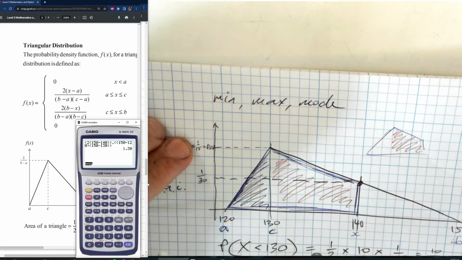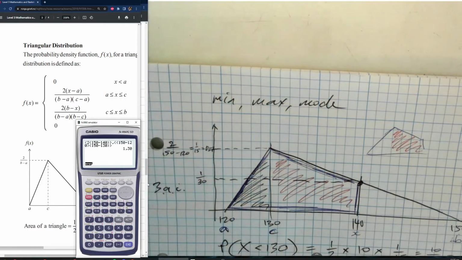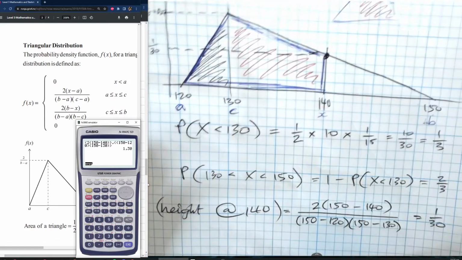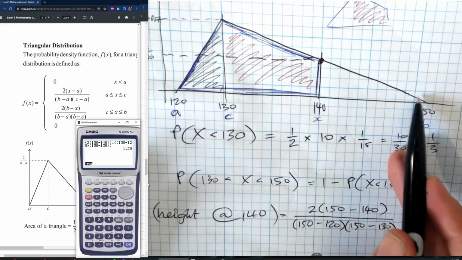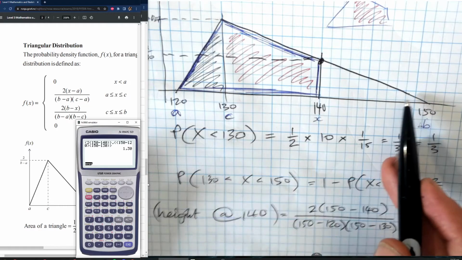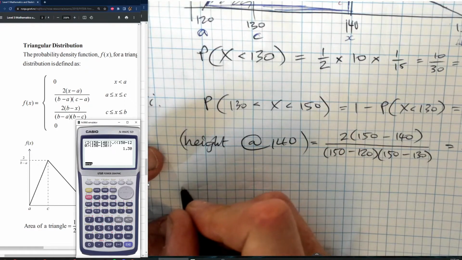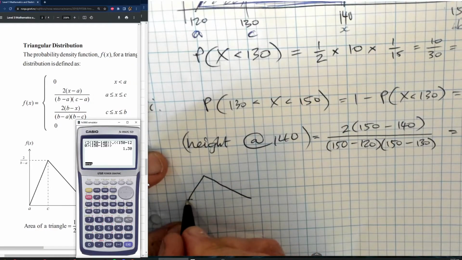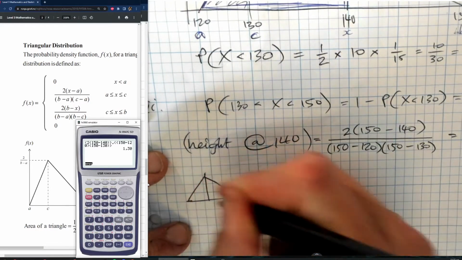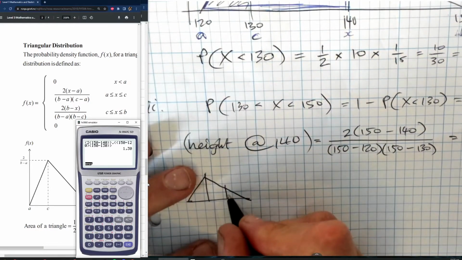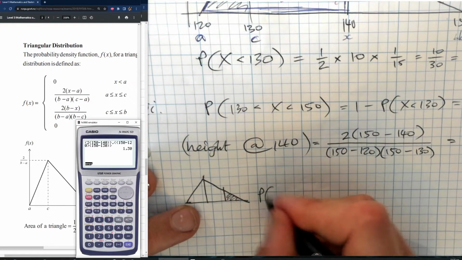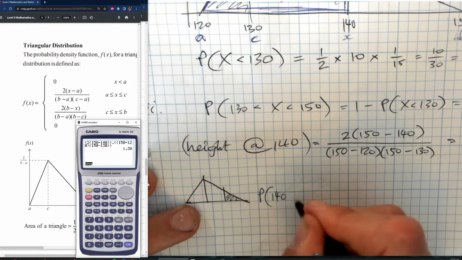That's about right because this is 2 over 30. That's halfway up the triangle. Makes sense to me. So we've got the height at 140 now, so we can use that to work out this triangle's area. At this point, I'm going to even start drawing mini triangles to keep in mind what I'm actually doing. Okay, so I'm working out this one here. So that's P, 140 less than